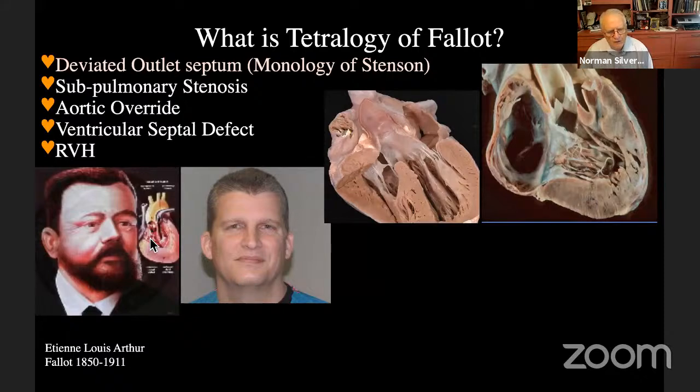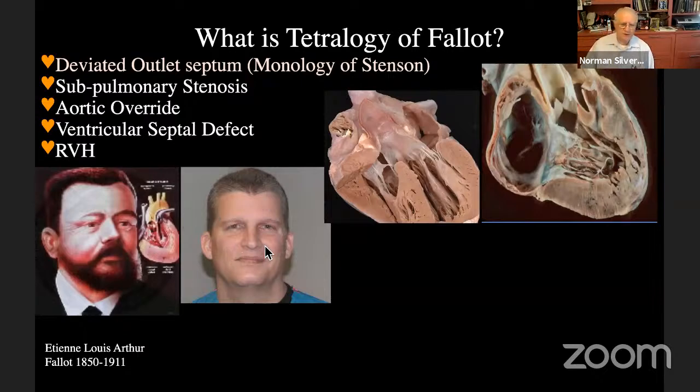So let's just go over the genetic similarities of the great-grandson and the father. Here is the widow's peak. Here is the anti-mongoloid slant to the eyes. Here are the classical gloppy ears. Here is the pointy nose. And here is a bifid chin concealed by Dr. Etienne Louis' beard. So what we can conclude from this is that we should always remember that tetralogy has genetic components to it,